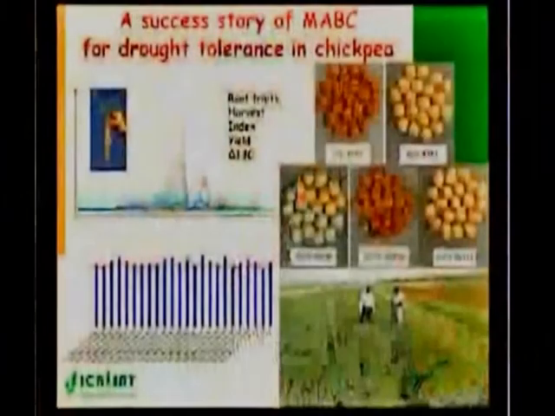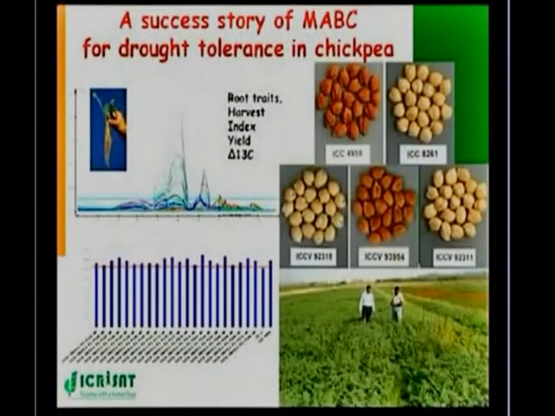As I said, genomics-assisted breeding has been very successful in many crops, but when we talk about orphan crops like chickpea, we did not have many success stories. Recently, however, in collaboration with the Bill and Melinda Gates Foundation and the Generation Challenge Program, ICRISAT has introgressed a QTL for drought tolerance into three varieties, one from Ethiopia, one from Kenya and one from India. Using this molecular breeding approach, we could identify several lines with more than 24% yield advantage over the recipient varieties. So what I'm trying to say is that success stories have started to come in these crops as well.